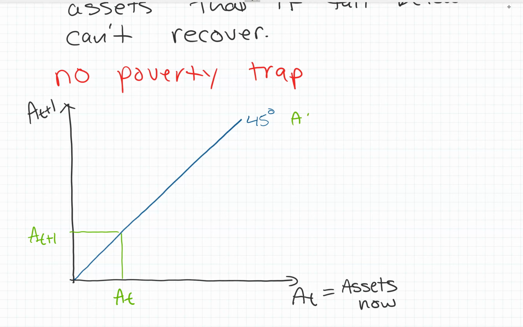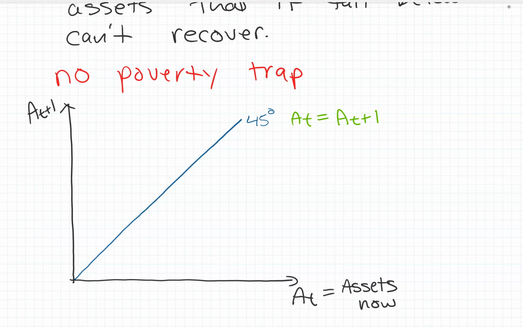So that's along this line, the assets now and the assets next period are equal. This is not what's going to happen, but this is just showing visually where that is. So if you're along this line, then you're not going to change. You're going to stay in that spot. Your assets now and your assets next period will be exactly the same. So you're not going to go up. You're not going to go down. Okay. So this would be a point to compare to.